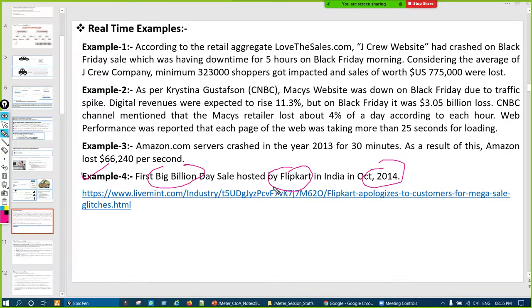But it was first started by Flipkart only. On that day they didn't expect that many users. Their application was designed for only 10 lakh users coming to their website.